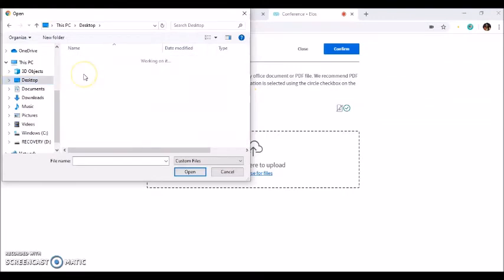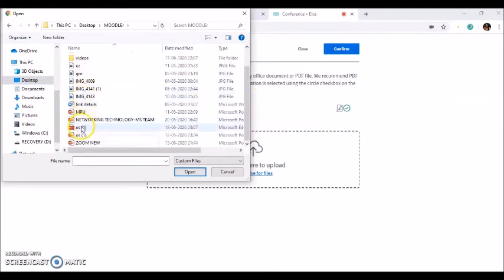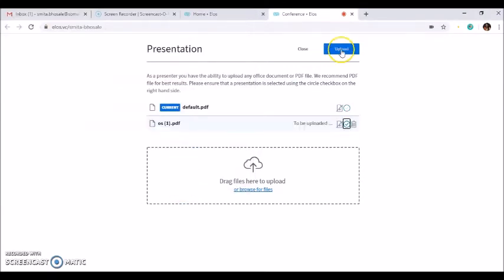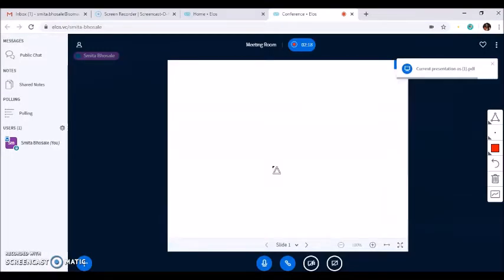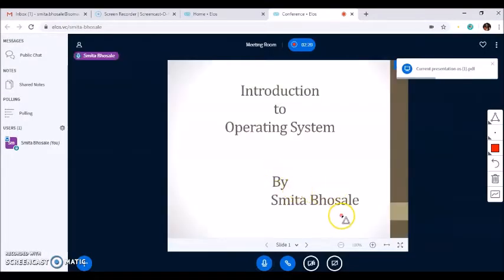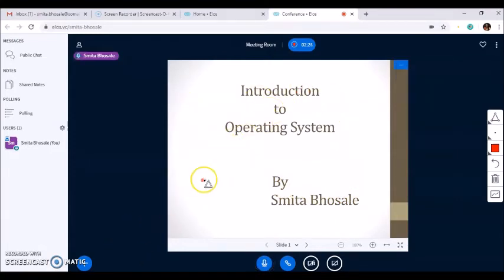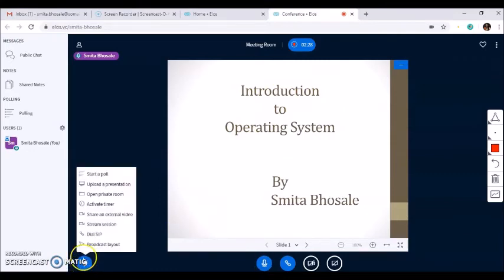Here you can select a PDF file. So click on upload. So now the file gets uploaded. So here is the file which I have uploaded. So this is how you can perform different actions through this icon.